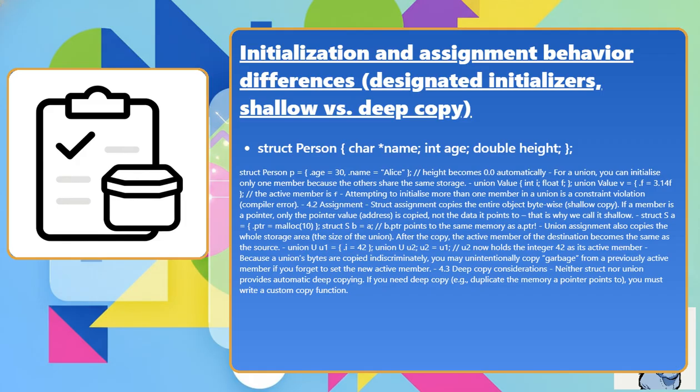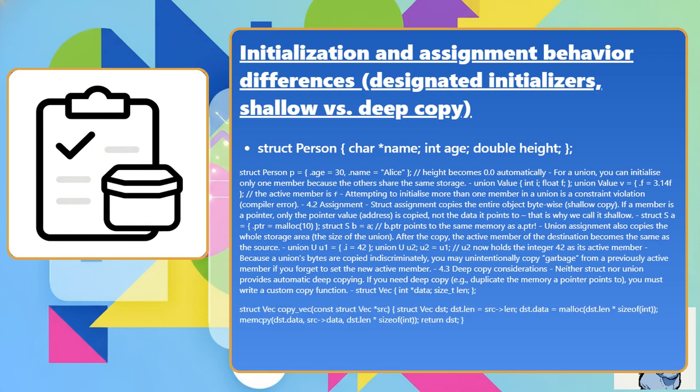If you need a deep copy, for example to duplicate the memory a pointer points to, you must write a custom copy function. struct vec { int *data; size_t len; }; struct vec copy_vec(const struct vec *src) { struct vec dst; dst.len = src->len; dst.data = malloc(dst.len * sizeof(int)); memcpy(dst.data, src->data, dst.len * sizeof(int)); return dst; }